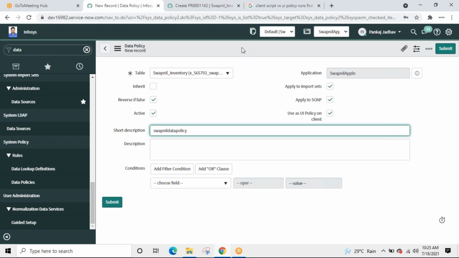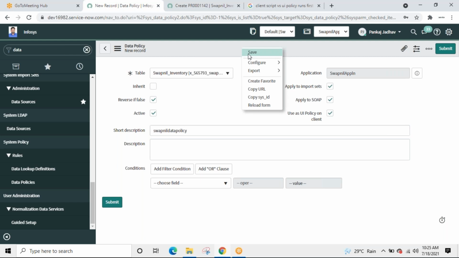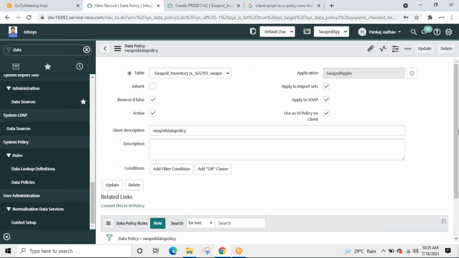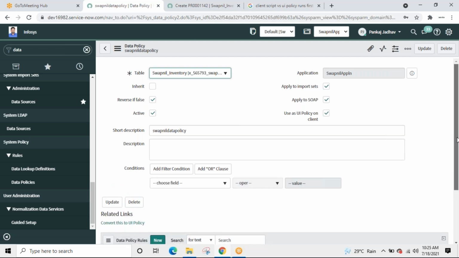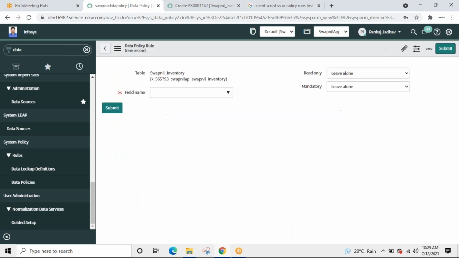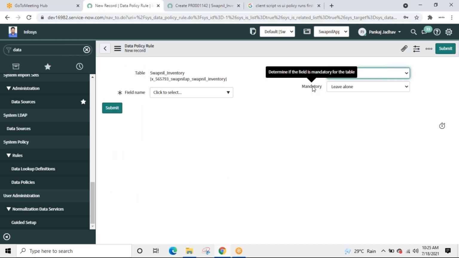And submit. Almost similar to UI policy. Just here also we create the rules. There we create actions, here we create rules. We give the same things: read only, mandatory.